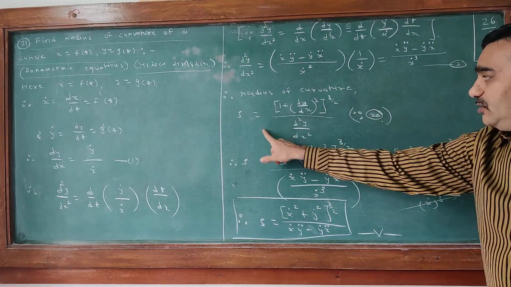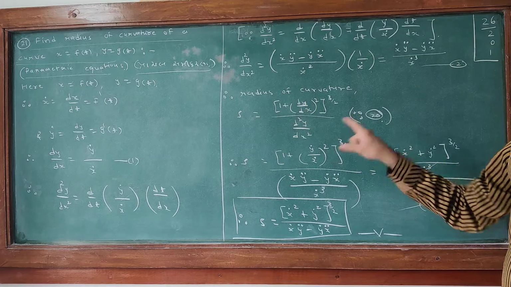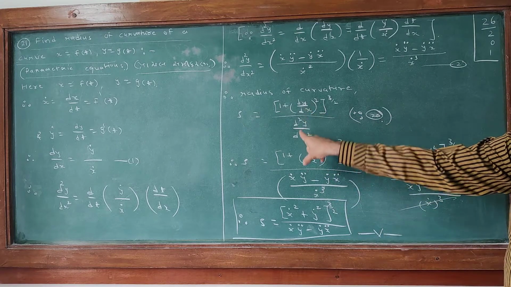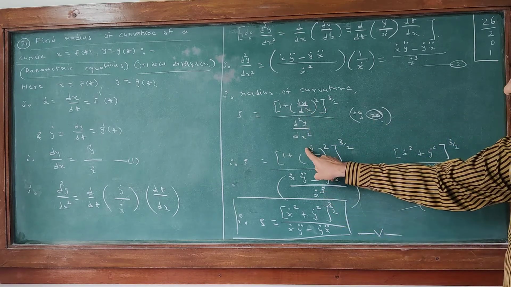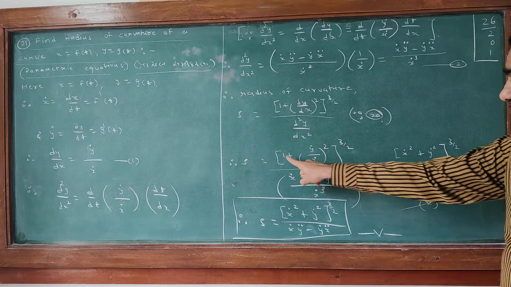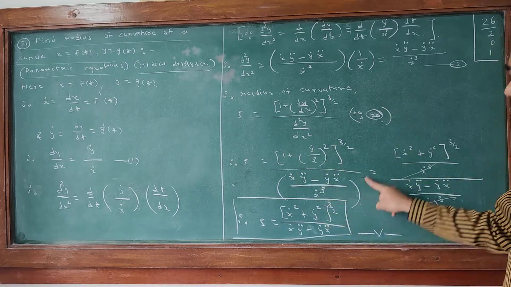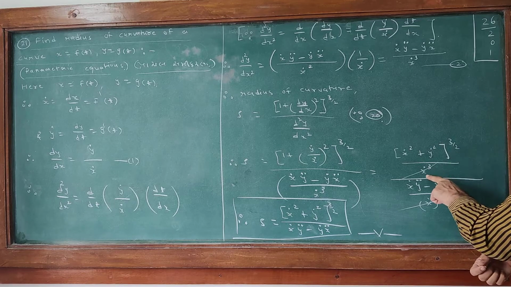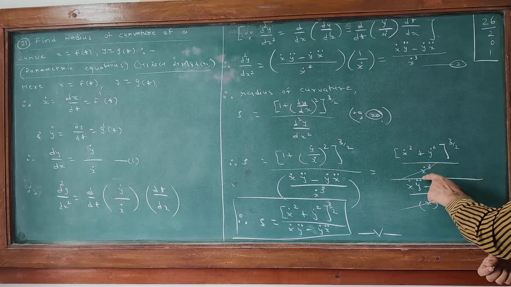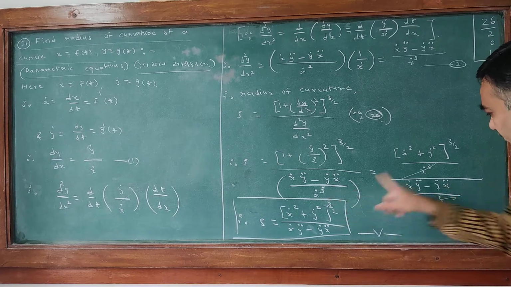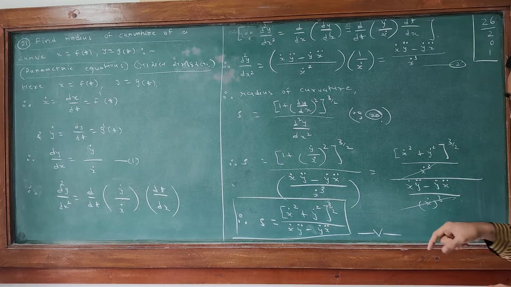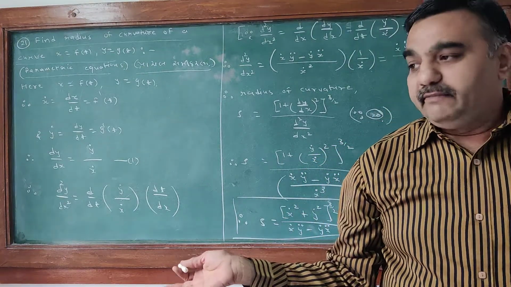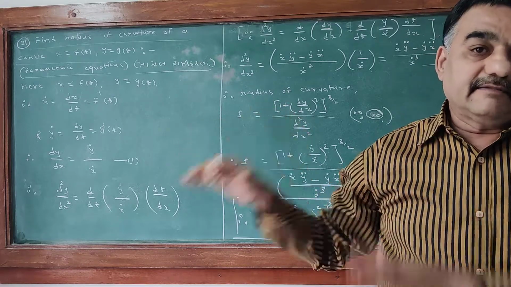The radius of curvature rho is 1 plus dy by dx square, by the previous formula, upon d square y by dx square. So we put the value for both of these. So 1 plus y dot upon x dot square, raised to 3 by 2, and this formula is by equation number 2. Means it is x dot square plus y dot square raised to 3 by 2 upon x dot square raised to 3 by 2, means it is x dot cube. So both these x dot cube will be cancelled mutually, and therefore we have this formula for radius of curvature. We already discussed this in the previous lecture, but I give you the brief and quick recalling.